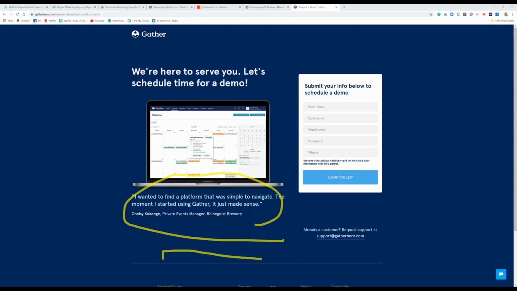Trust symbols, again, to tell me how many other companies are using this software, or the number of users, or accreditations, or things like that. And then you should list out as bullet points what you get out of the demo. We will walk you through a 5-minute interactive walkthrough. We will answer all your questions. We will prepare a custom quote for your company. So what you're selling are the features of the demo itself, if you will.